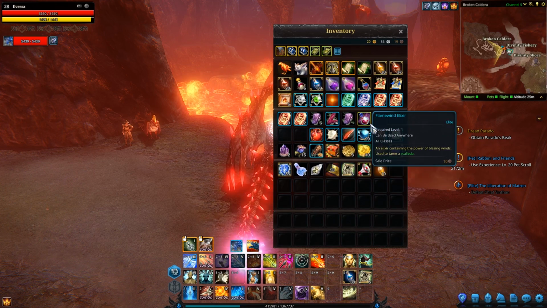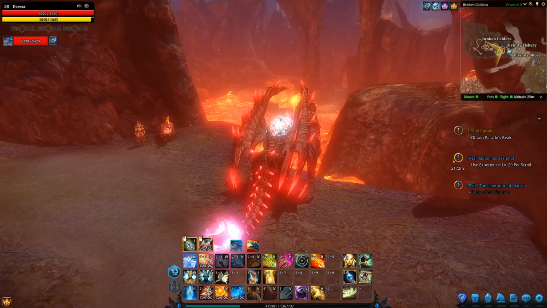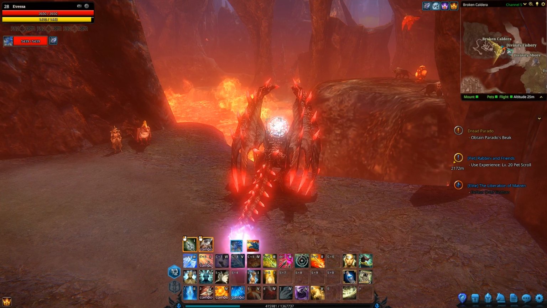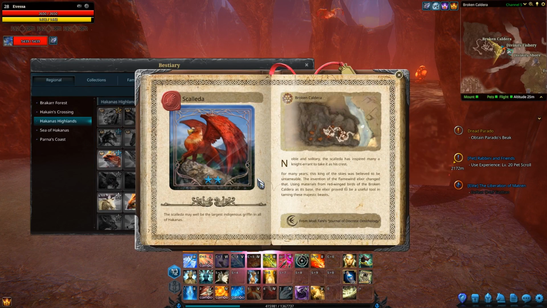Okay, so now that I've got my Flame Wind Elixir, all I need to do is go out and find Scalleda. So let's go back to the bestiary for a second. So, yeah, largest in Griffin, inspired, okay, untamable, Firewind Elixir, Red Wing, broken, okay, using materials from stuff, okay,